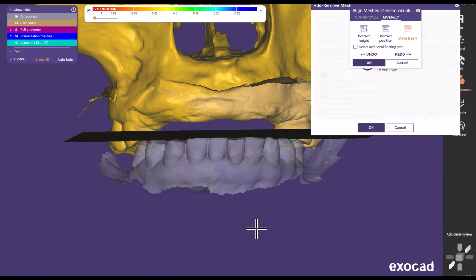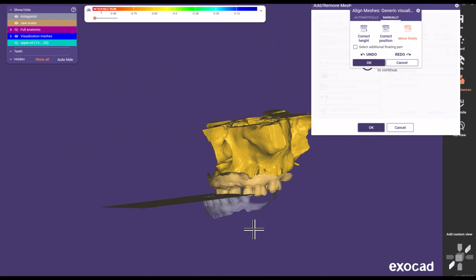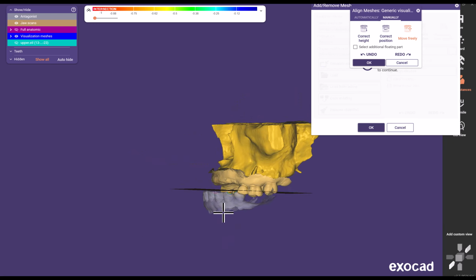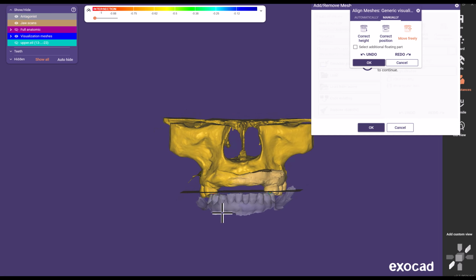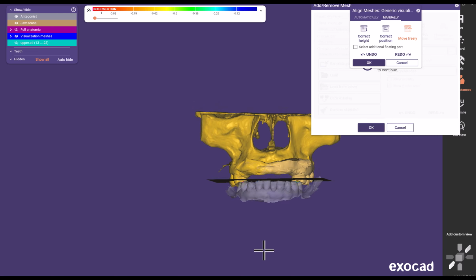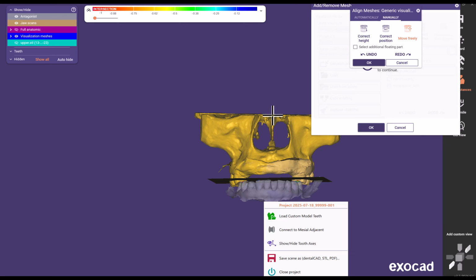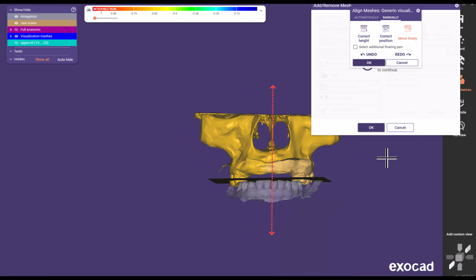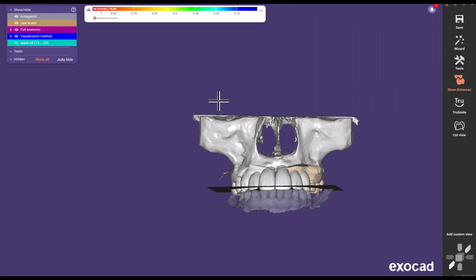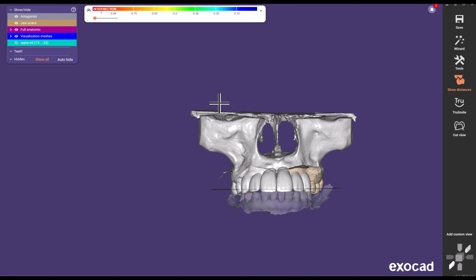And now I'm just trying to reference the occlusal plane. And this occlusal plane is all over the place. I'm going to be limited with what I can do there. But again, I'm just trying to have some kind of a reference. And then when I'm trying to visualize my midline, I'm going to just more or less use right through here as my midline. You know it's going to be close. It may not be exact, but your incisive papilla, your nasal septum, all of those should be pretty close to the facial midline. So now when I turn these back on, again, this is not perfect, but I'm looking for